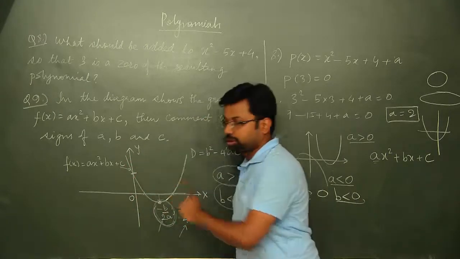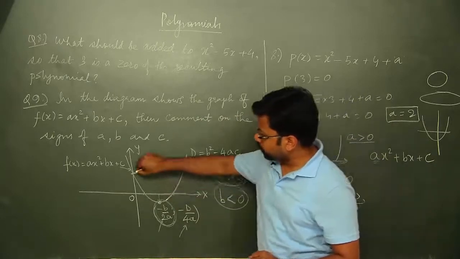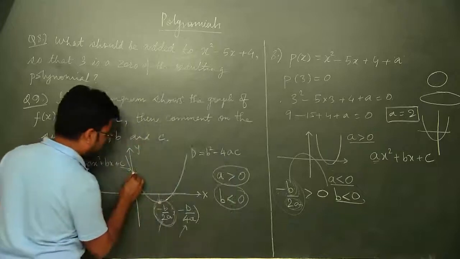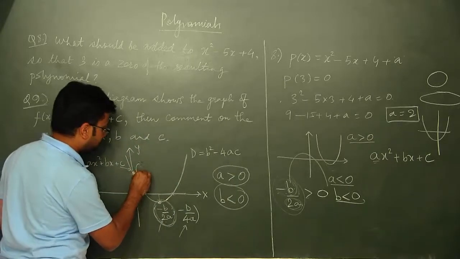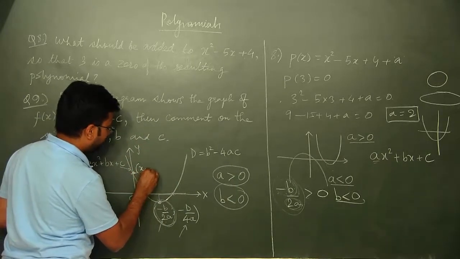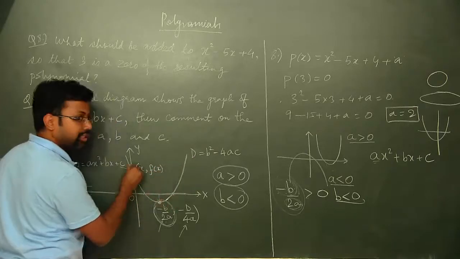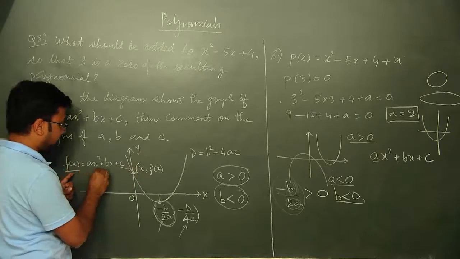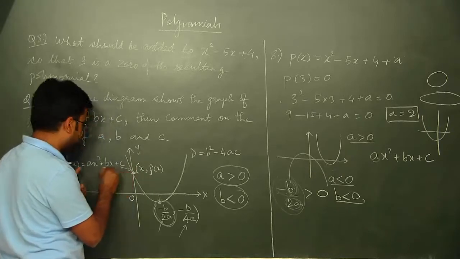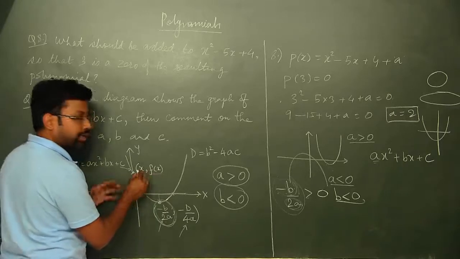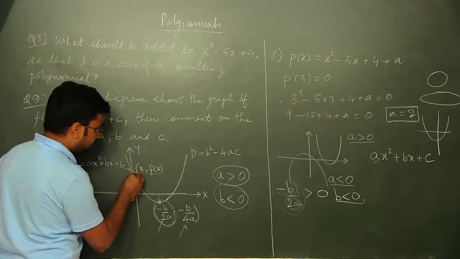What can you say about this point? At this point, the value of this particular point will have an x coordinate and a y coordinate, right? The x coordinate and the y coordinate will be f(x). Since this graph is of the polynomial f(x) = ax² + bx + c, therefore the y coordinate is f(x) and the x coordinate is x. So at this point,